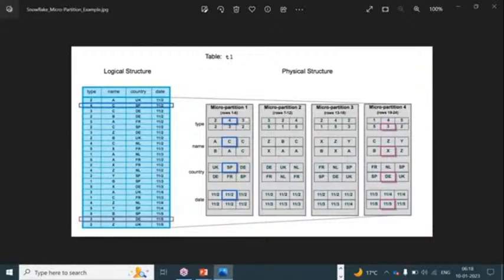See, here itself the data. I will tell you. This is one of the examples, the example of the table. We have columns called type, name, country, date. The data is stored in a